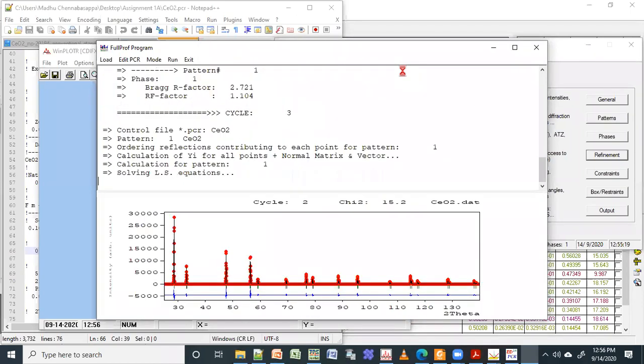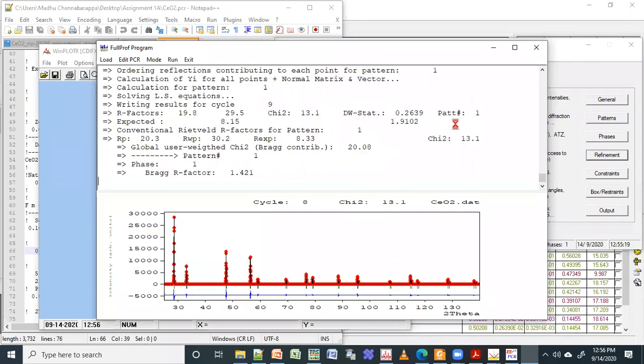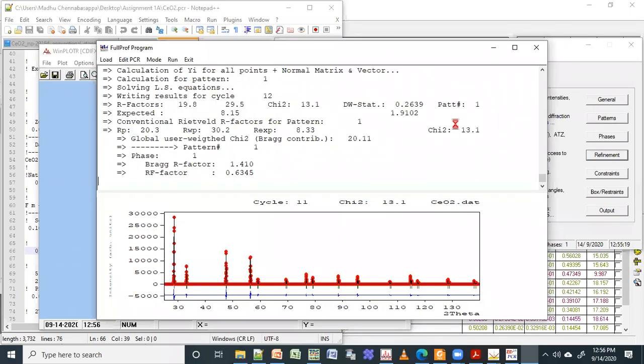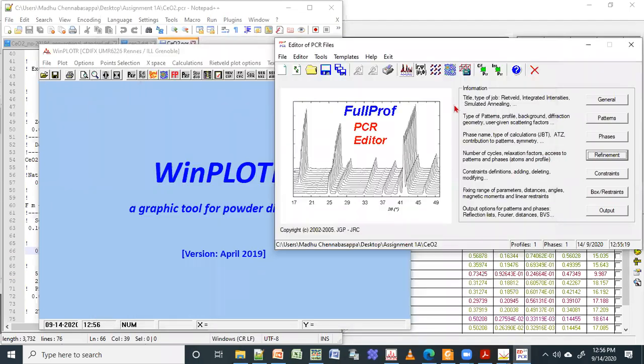Let me see if it is decreasing. Oh, I think it's good. It is decreasing a little bit, but it is not going any better than 13.11. So it is stopping at 13.11.